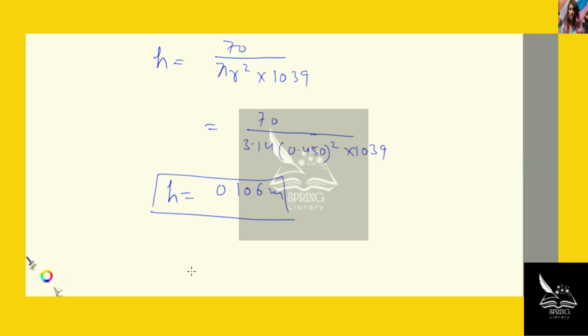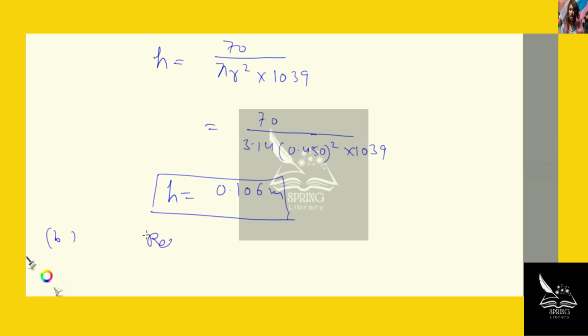This is the additional distance the buoy will sink when this 70 kilogram man stands on top of it. Now, in the second part of the problem, they are saying if this person dives off the buoy, then what will be the time period of oscillation of this buoy in the water? So when this person jumps off, the cylinder will experience a restoring force,